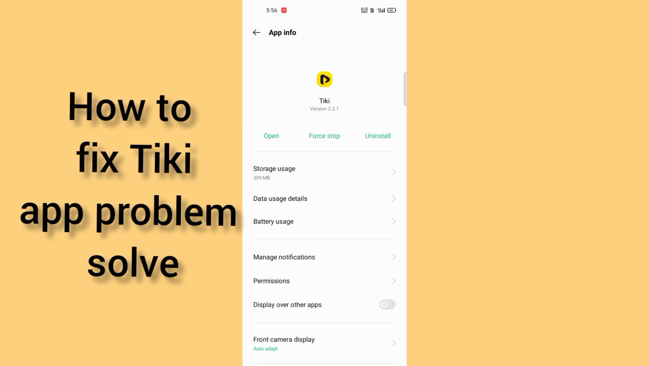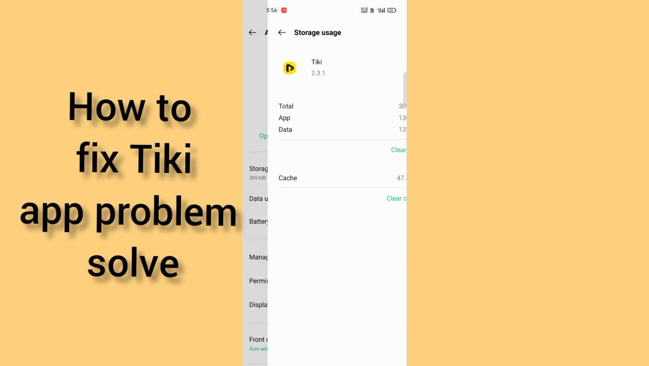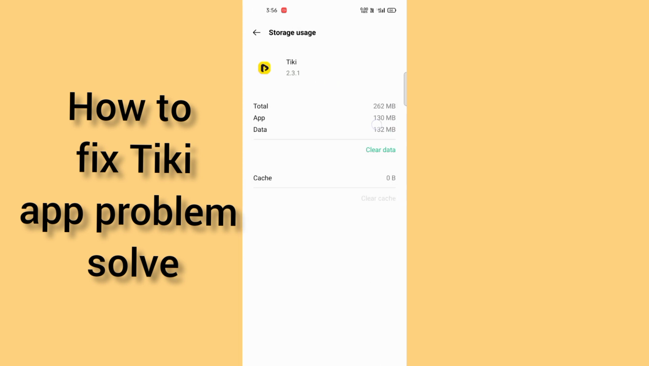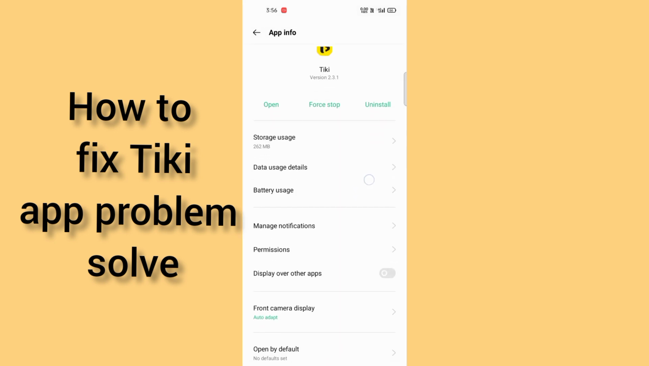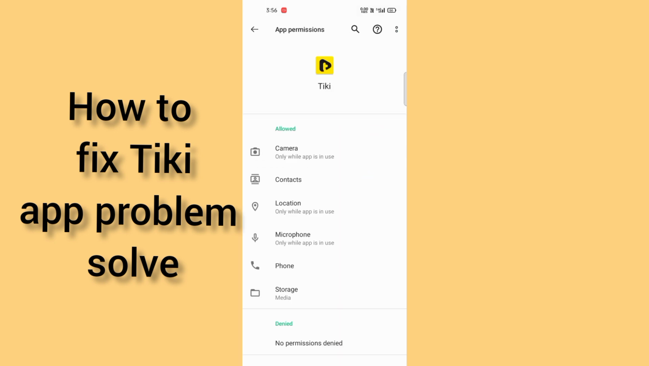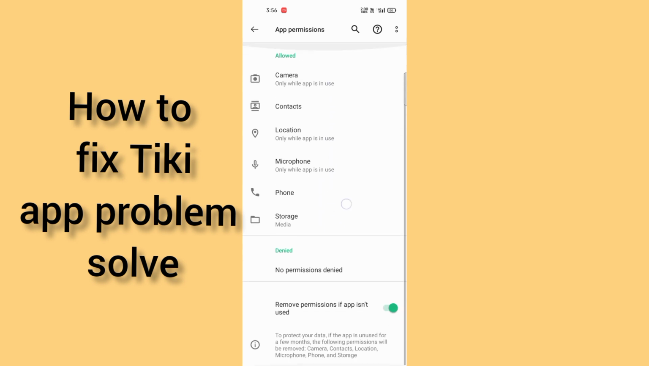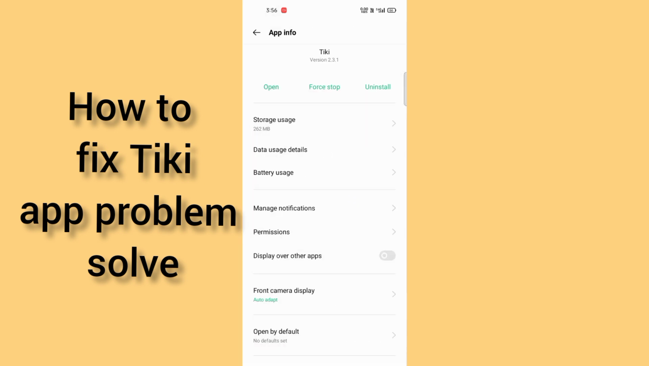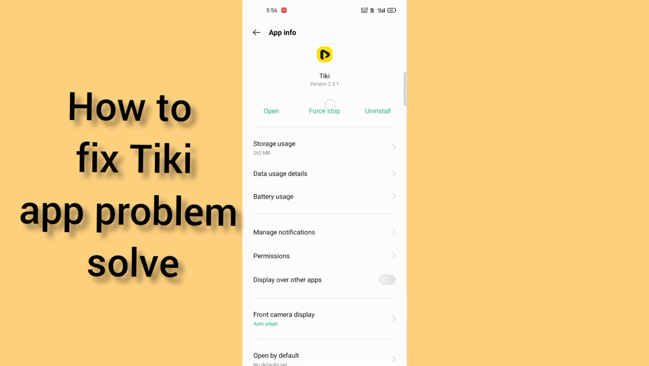So after coming here you have to just come in the storage usage and you have to clear cache and clear data. After doing that you have to come in the permissions and you have to allow in all the managers. Okay guys, so after that you have to come in the force stop and you have to click force stop,